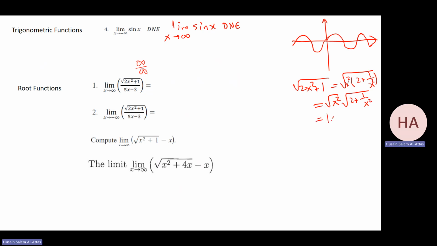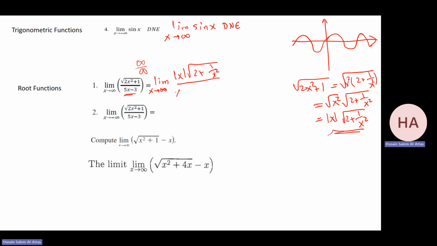And this one is the absolute value of x. Here's the catch. Now what I will do, I will write the numerator in this way, which is just calculation. Absolute value of x, square root of 2 plus 1 over x squared, over